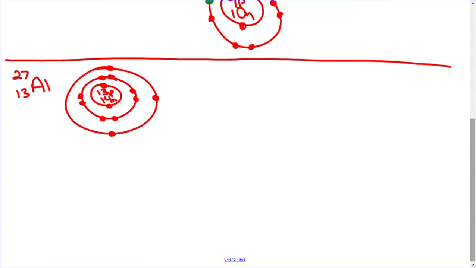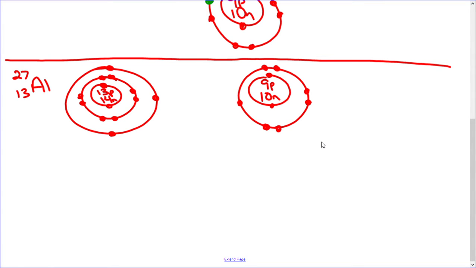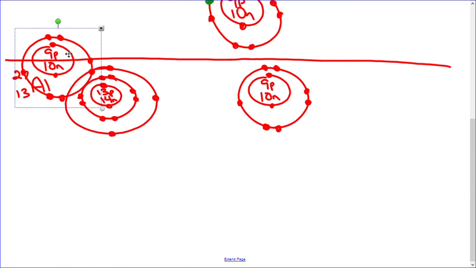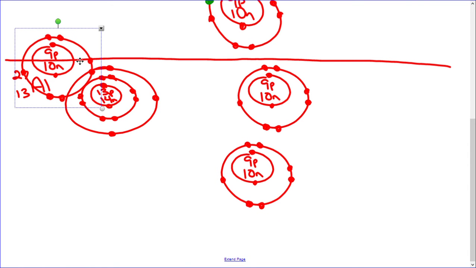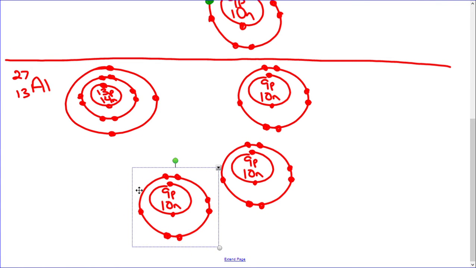Fluorine now, we've done this a couple of times, so I've got 9 protons, I've got 10 neutrons, the first 2, and then after that it fills its shells, 1, 2, 3, and 4, 5, and 6, and 7. And so hopefully by now what we're starting to see here is that I can take an electron over and fill it up, and what that indicates is that I actually end up needing a couple extra of my fluorine atoms. So I'm just going to copy a couple extra over to show what we would need to make this thing balance out. So if I had 2 more fluorine atoms here,